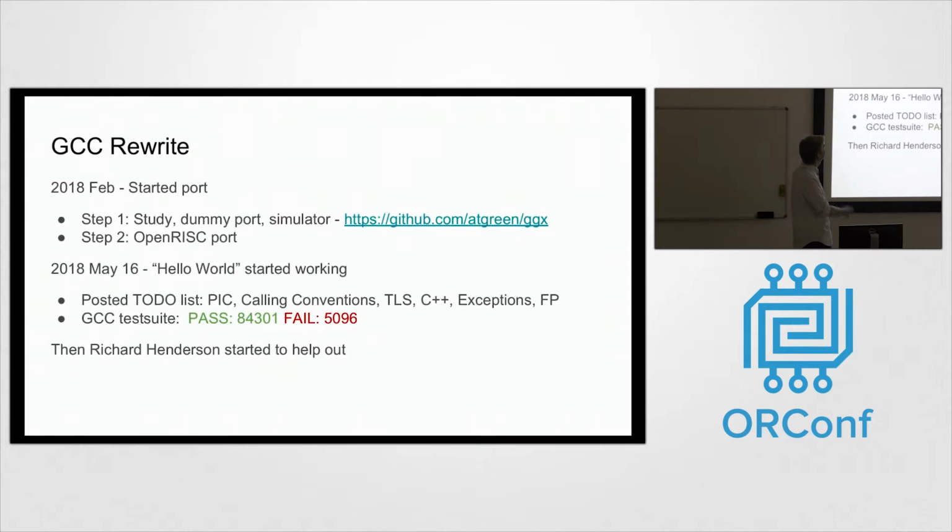But what have I been working on this year? It's basically been this GCC rewrite. So one of the problems we had was GCC was developed in 2000 when the processor started to be developed. But all those guys that moved to that company, Beyond Semi, they didn't sign over. And those guys that moved to the company, they also built the GCC port. They didn't sign over their Free Software Foundation copyright to allow for the code to be upstreamed. And we tried to contact them, and they said no. We work for a company that's selling proprietary OpenRISC cores, and if we sign over our copyright, then we're signing over some of our company IP.